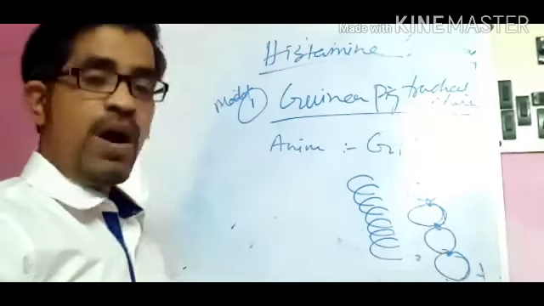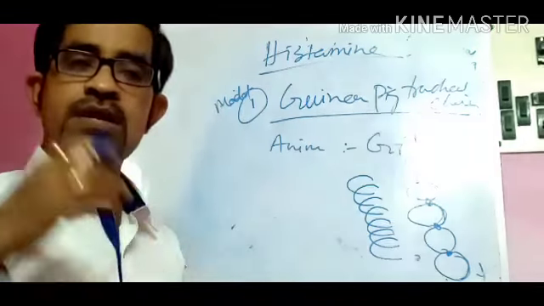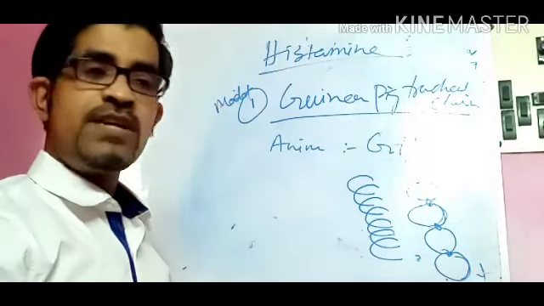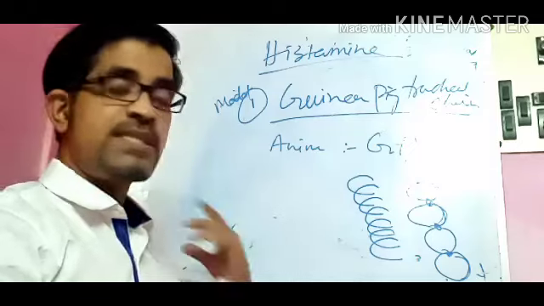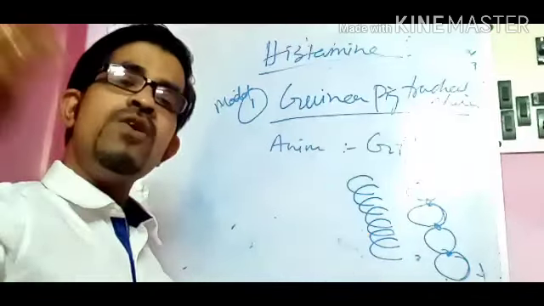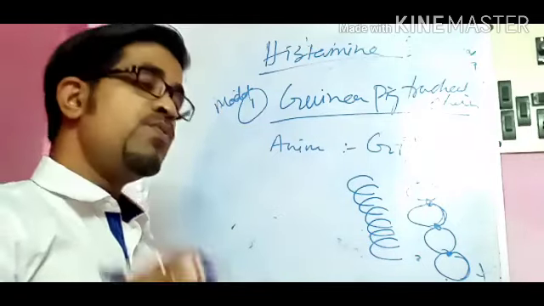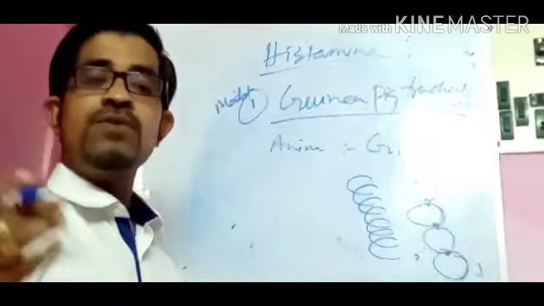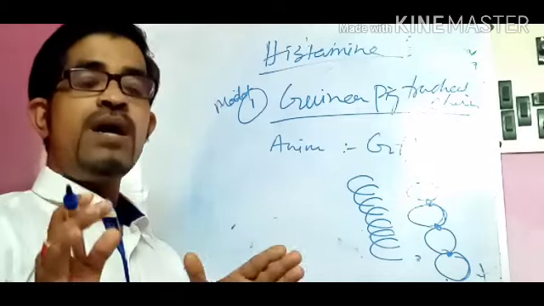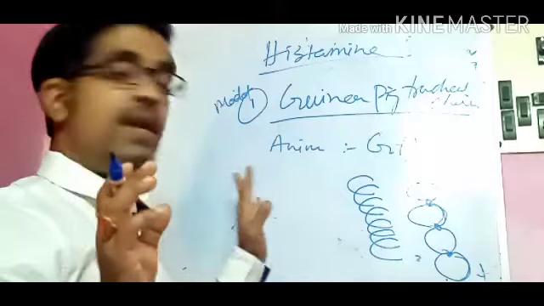You mount this chain in your kymograph, and now you give different concentrations of histamine. One of the standard concentrations of histamine you have, as we discussed in the previous class, will give you a standard DRC. Then take the unknown concentration and use the interpolation method of bioassay. If you want better accuracy, you can go for the 3-point bioassay. Whatever it may be, you can work out the unknown concentration of histamine. So this is model number 1.